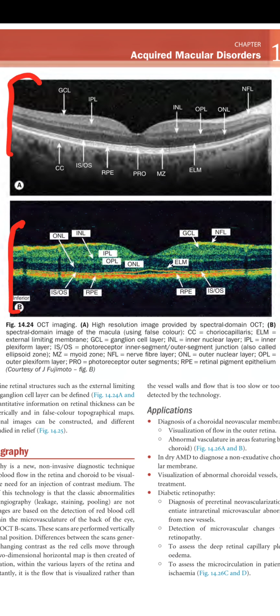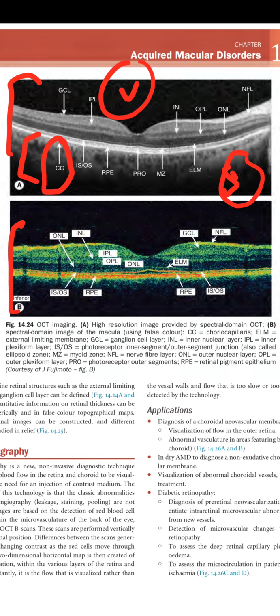So according to this, first we will go from the sclera. This is the scleral side, and this is the vitreous side. So this is sclera and this is vitreous. And this is the choroidal area now. In the choroidal area, we have the choriocapillaris here, then we get to the retinal pigment epithelium, then there is the myoid zone, then there is the inner segment, outer segment junction, then there is an external limiting membrane,